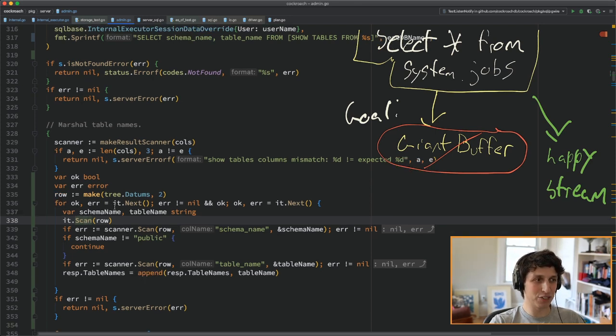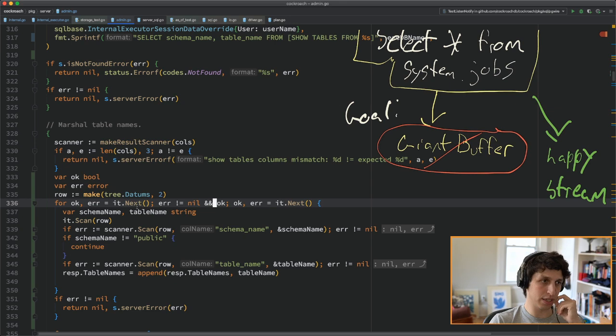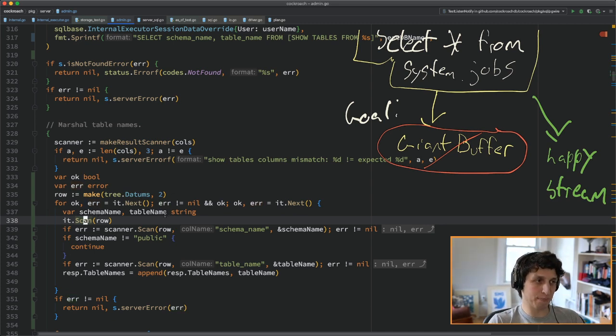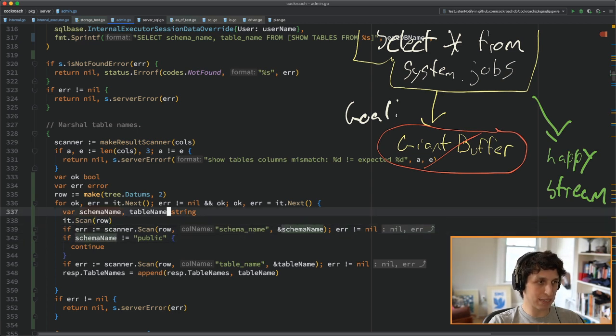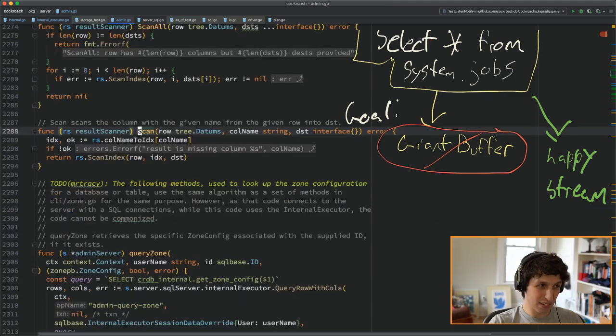But then again, if we're always making sure that our consumers are checking these errors and not calling scan if there was an error, then I guess maybe it's fine, and we could just have this thing panic if there was an error state, just to help the user of this thing not screw up and not forget to check those errors. Let's try that out. Okay, so that's very simple, right? The only thing is that now we're going to have to change consumers that expect an actual Golang data type to have to look at a